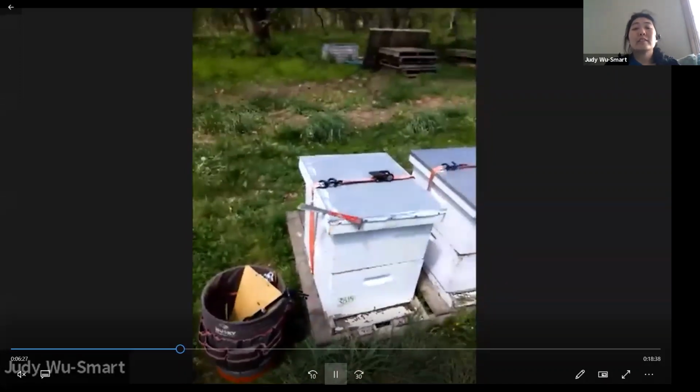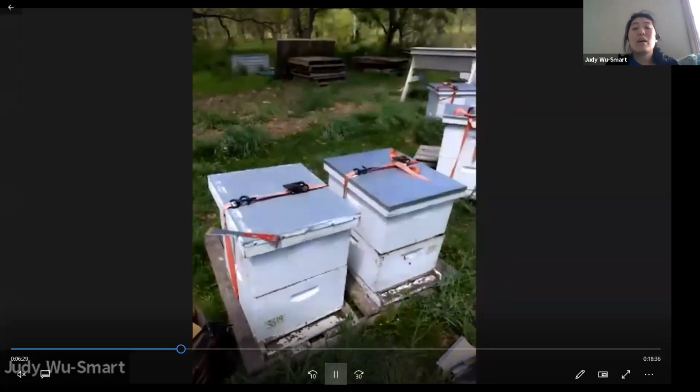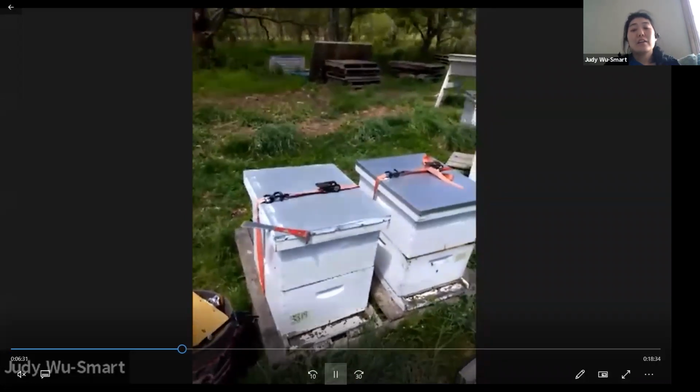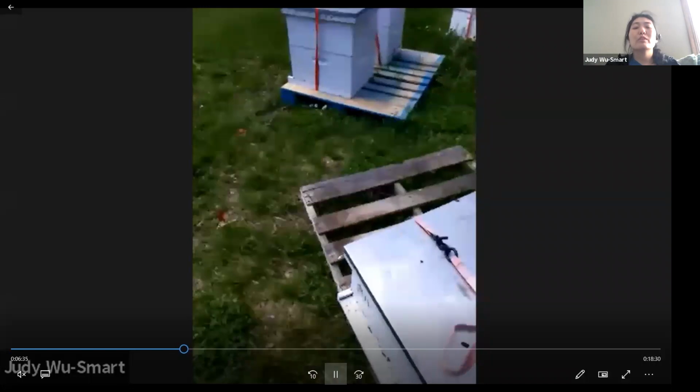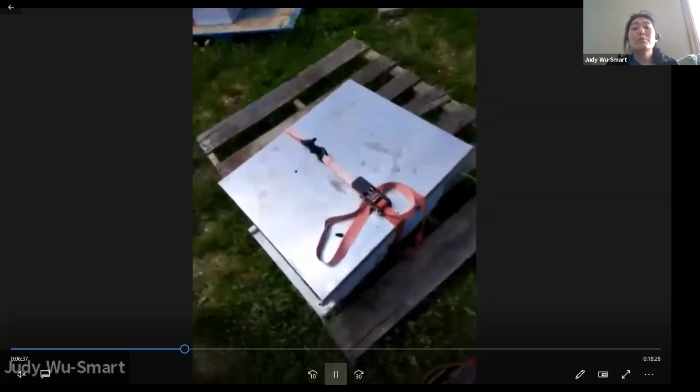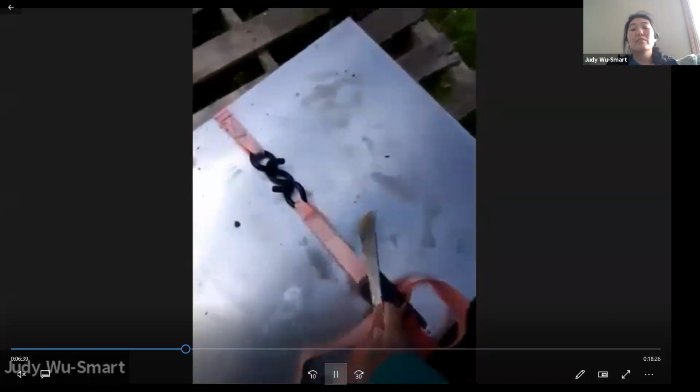There's one queen in that colony, tens of thousands of workers, and maybe just a few hundred drones. Drone bees are your male bees. These are the ones that do not sting and have a very different function, which we'll talk about a little bit later.